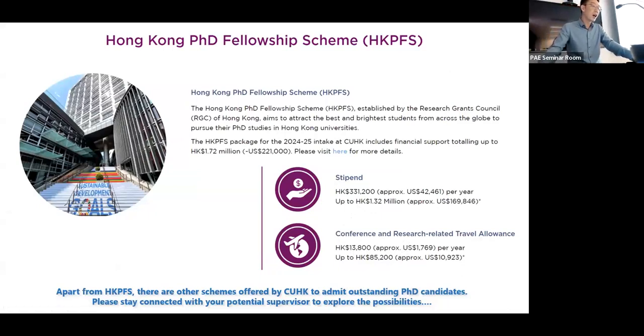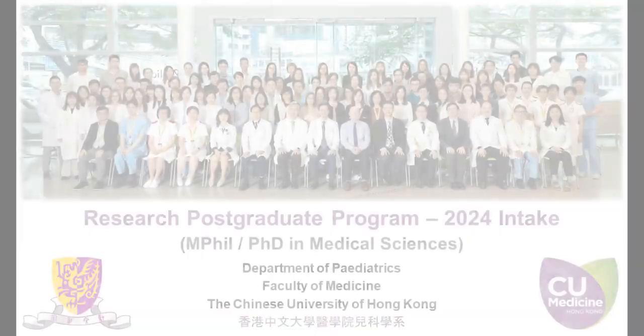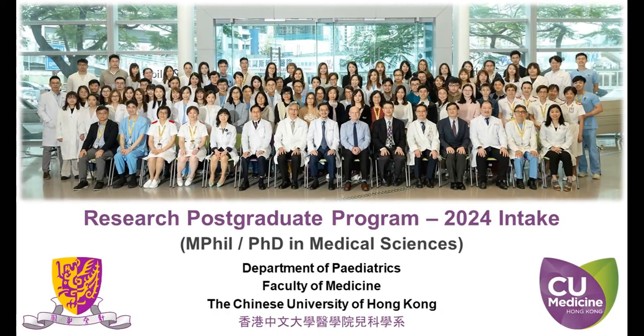Apart from the Hong Kong PhD Fellowship Scheme, there are many other schemes to absorb different types of candidates. Some of the schemes are for overseas candidates, some are for very high GPA candidates. There are various schemes. We will send this information to the PI, and then the PI will know what scheme is specific for you. But I can repeat that you need to reach the PI early, as there are complicated procedures. So this is the general introduction you need to bear in mind.